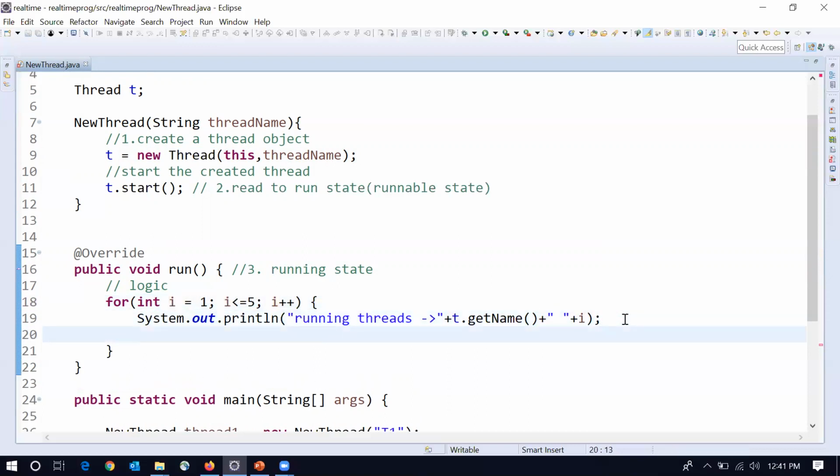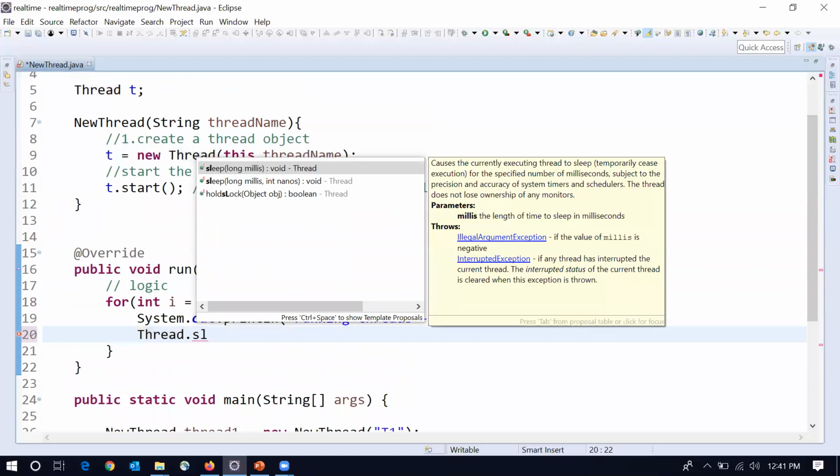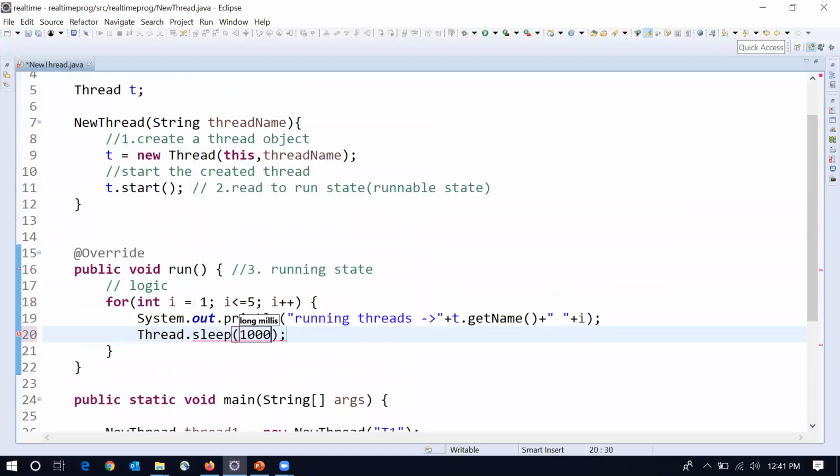Now I want each one to sleep for a specific amount of time, Thread.sleep, let us take 1000. This is just to show the impact of how the values are executing. That is the reason we want each loop to sleep for a specific amount of time.